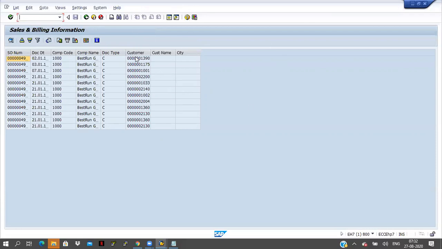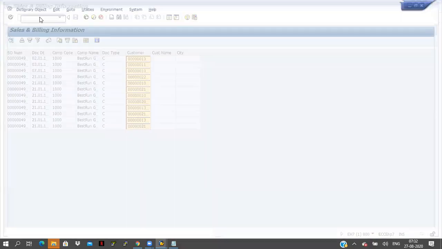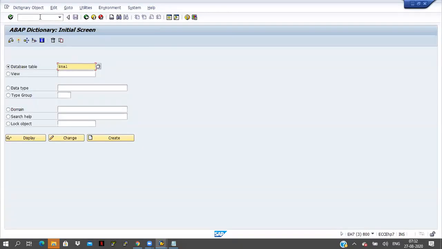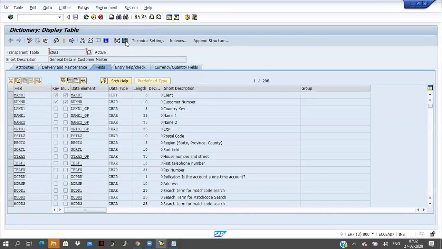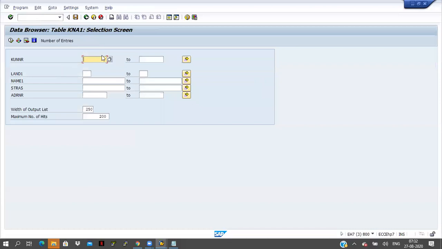But here customer number is coming, but customer name and city is not coming here. Don't know exactly. First of all I will check why it is not coming. So I will copy the numbers and I will go to the KNA1 table. Click on display button, click on execute. So this is the customer number, right?